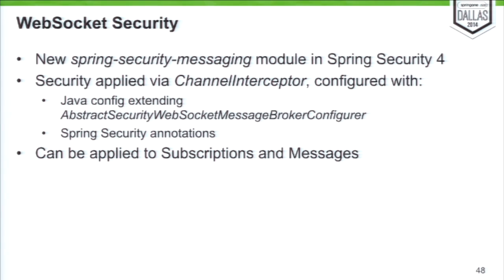Because we're not in HTTP, we are not protecting URLs, we have to protect messages. The way that we configure that is by extending this class, the AbstractSecurityWebSocketMessageBrokerConfigurer, and you're going to configure how messages will be protected, or actually how destinations will be protected. You can also use the Spring Security annotations like PreAuthorize and PostAuthorize that we use for method security. You can use them here as well. So these are the two options to define